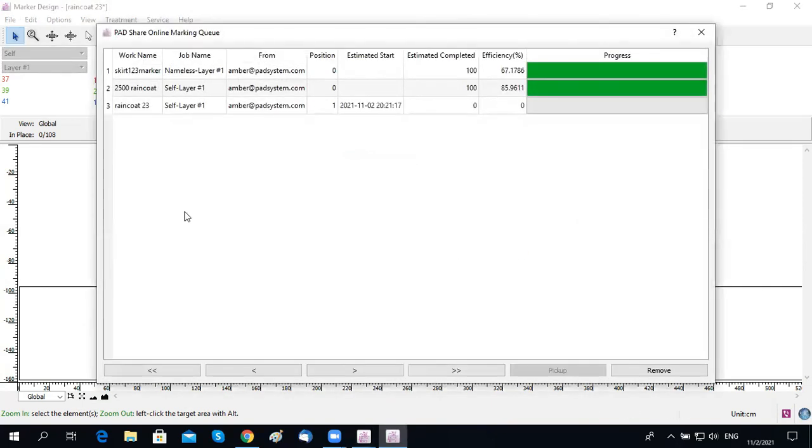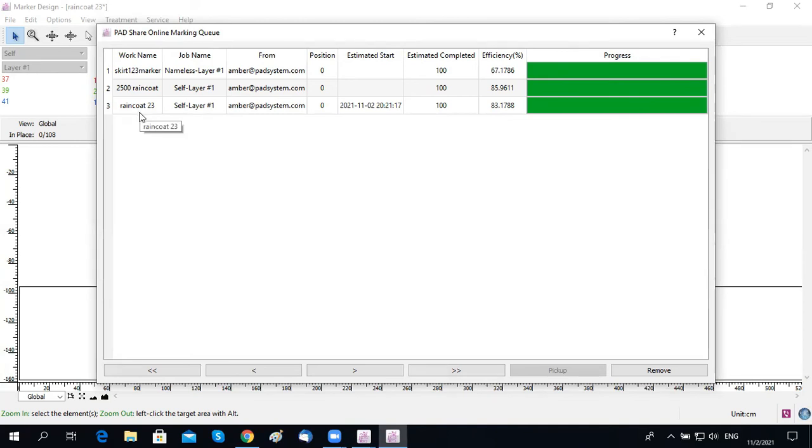Then the job will submit to our server. Here you will see the auto nesting list. You will see I submitted the file and the job name here, and from which I can submit,